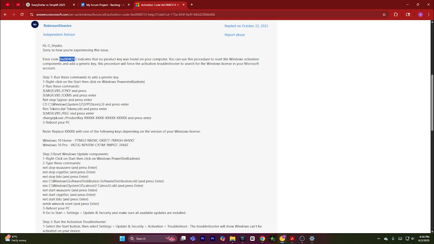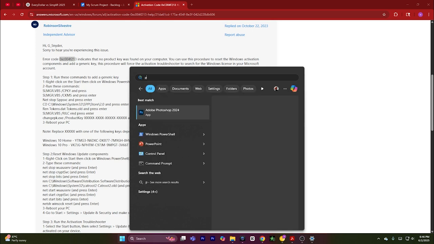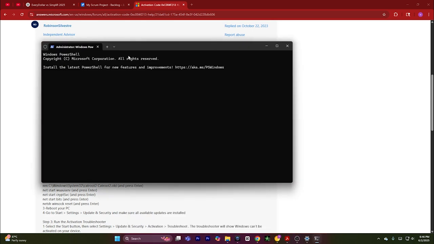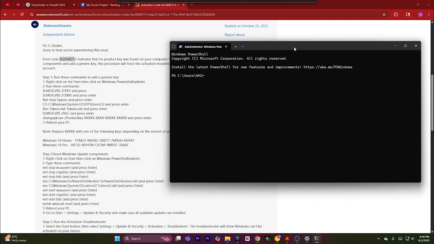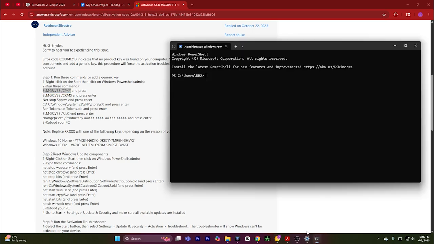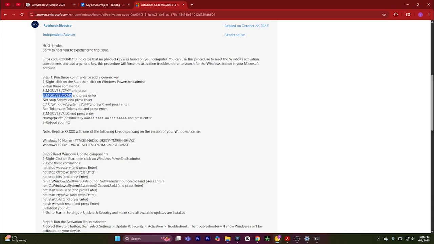To fix the issue, in step 1, what you have to do is run some commands in Windows PowerShell. To open Windows PowerShell, click the Windows key and type in PowerShell, and you will see PowerShell. Click on it. To run commands, simply copy any command, paste it and hit enter, and again copy,